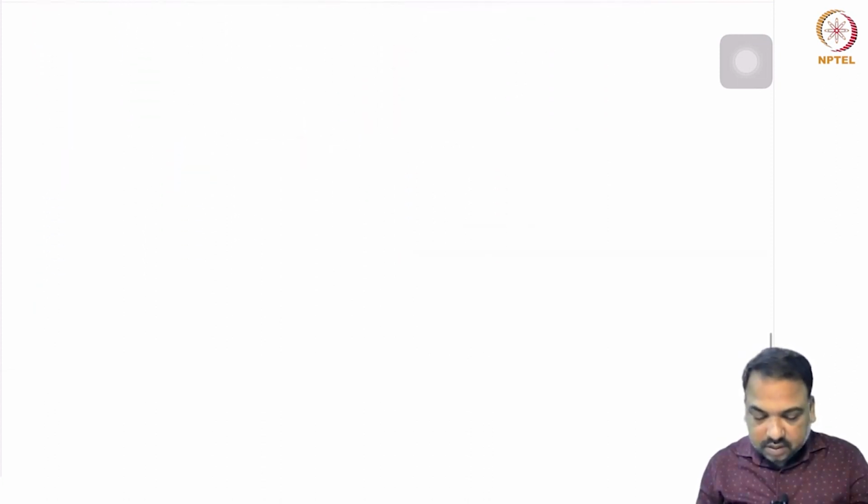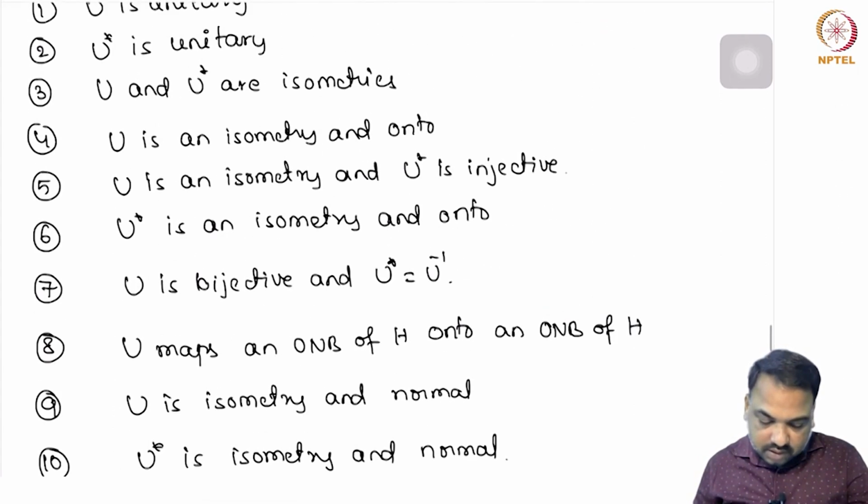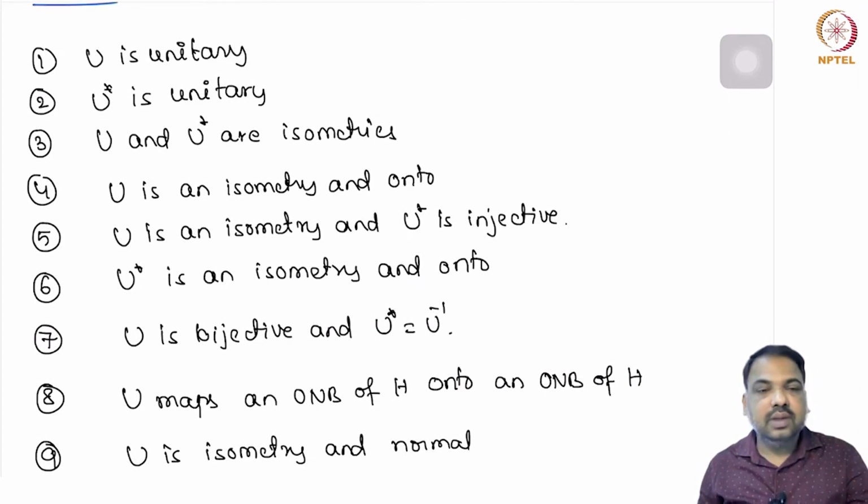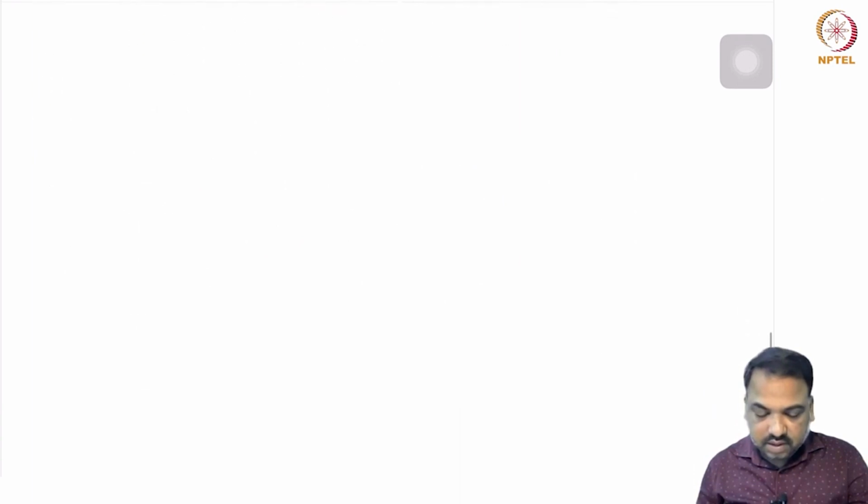Okay, so these are some important characterizations of unitary operators. The conclusion here is that U is unitary if and only if both U and U star are isometries, that is very important, and an isometry plus onto automatically gives unitary. So that is the difference between unitaries and isometries. Okay, so here also we have a remark: